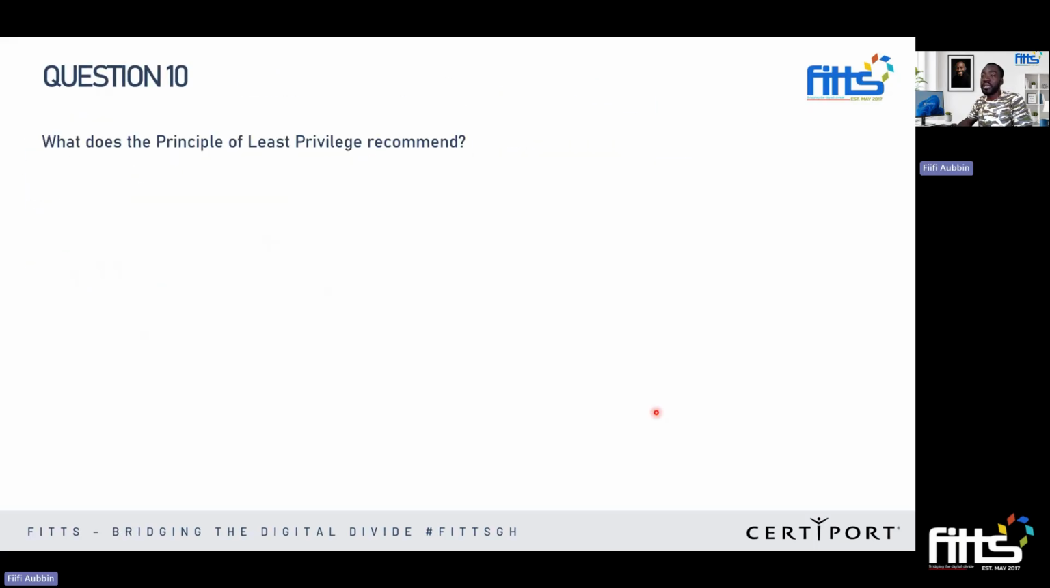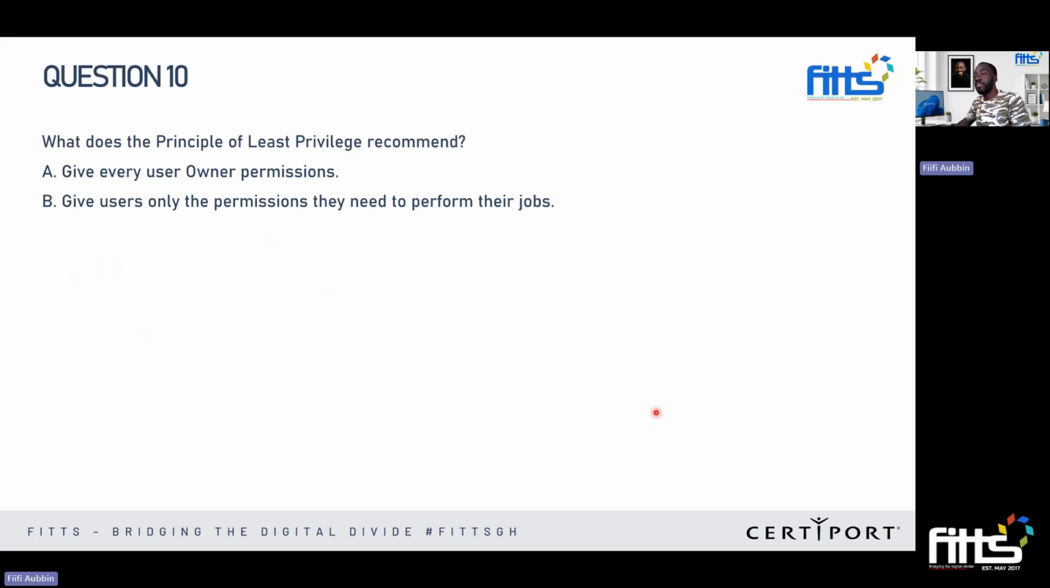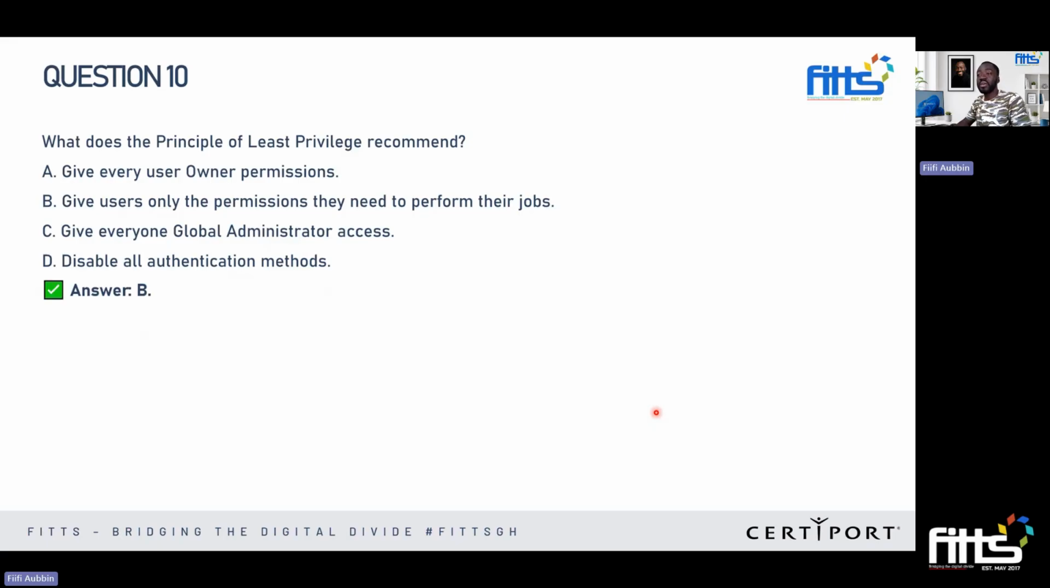Question number 10. What does the principle of least privilege recommend? So give every user owner permission, give users only the permissions they need to perform their jobs, give everyone global administrator access, and D, disable all authentication methods. So the correct answer is B, where you give users only what they are required or what they need to